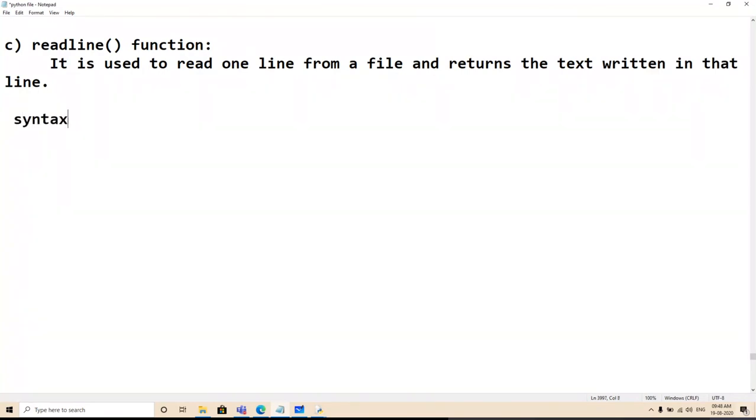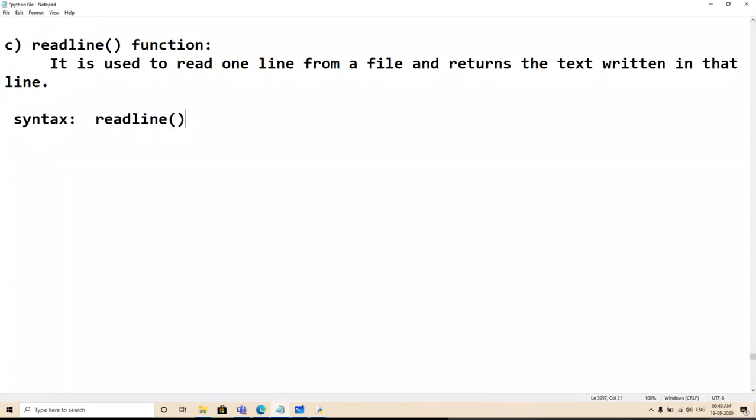Very simple syntax. That means now line by line reading. We have done character by character reading. Now we are doing line by line reading. So syntax is very simple. Read line, and read lines is the plural. Read lines means all the lines, line by line.